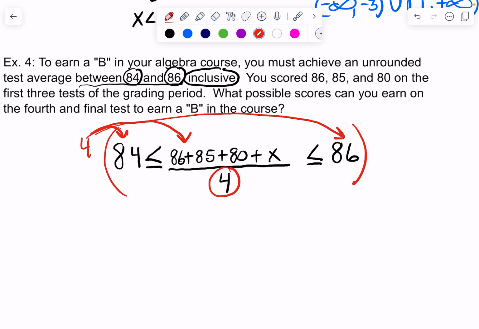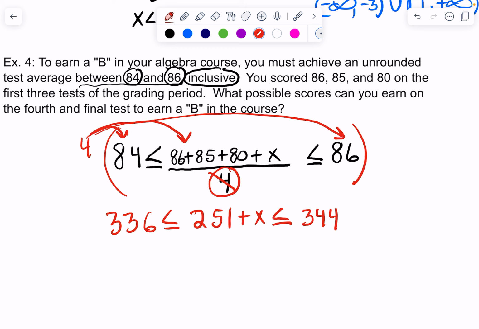So 4 times 84 will render me 336 with a less than or equal to symbol. 4 times 86 plus 85 plus 80 plus x divided by 4, the 4 will cancel, leaving me with the sum of 86 plus 85 plus 80 plus x, which would be 251 plus x, and less than or equal to 4 times 86 would be